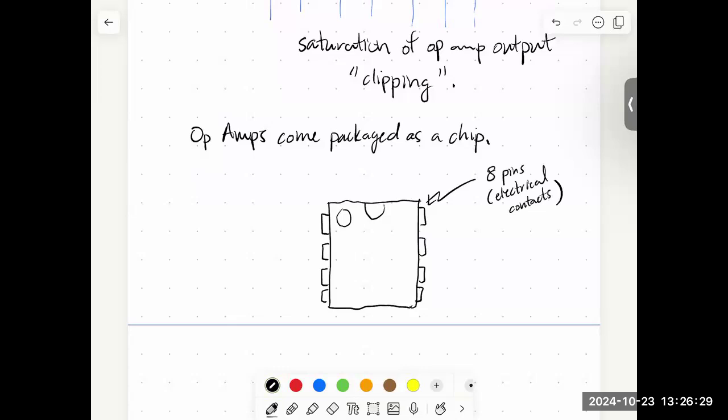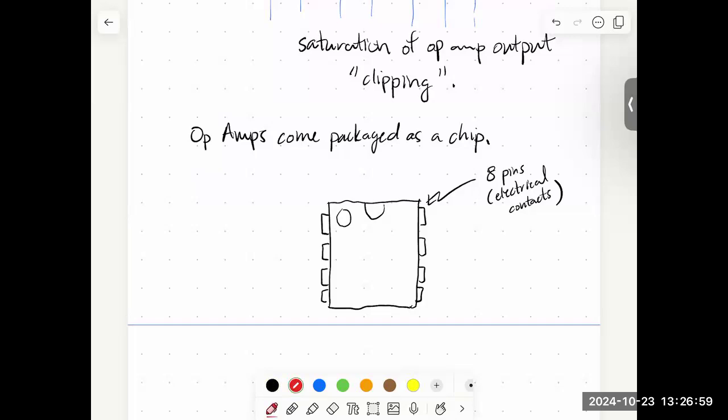The chip, its size and the geometry of the pins, the spacing of them, are designed so that they plug into your breadboard easily. So all you have to do is grab the thing and push it into your breadboard. The reason that we have these markings, this little circle or this little semicircle indentation, is because we need to count the pins. We need to know their numbering.